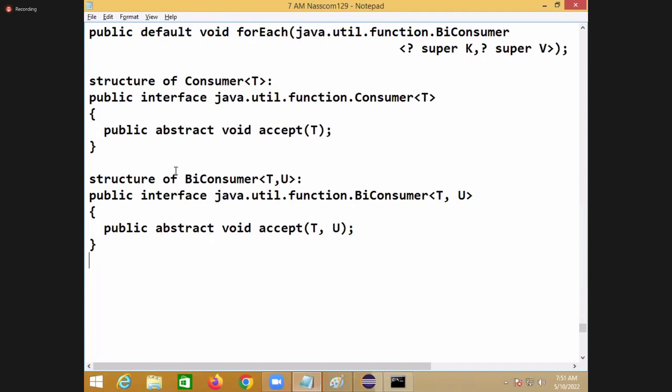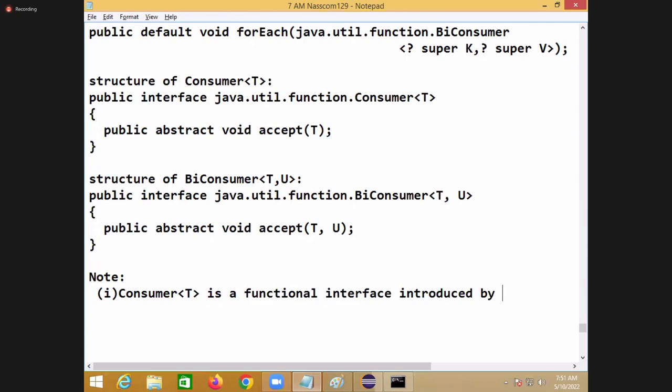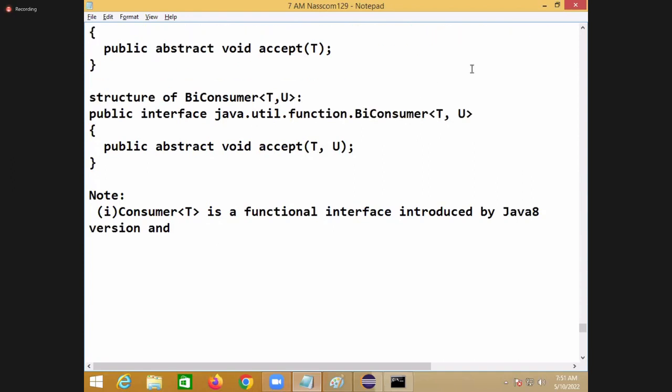Right, look here. Consumer, BiConsumer. I'll write two statements for you. Note: I'm repeating this point already. Consumer is a functional interface introduced by Java 8 version, and